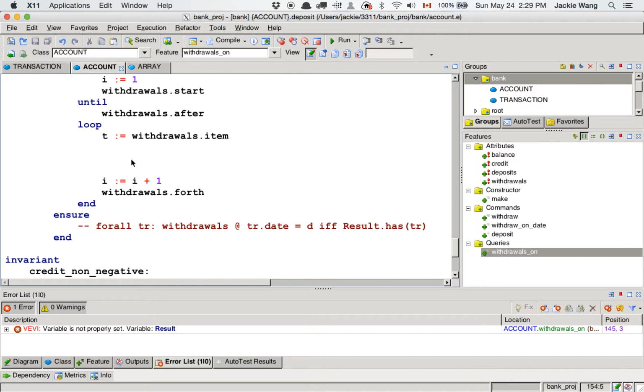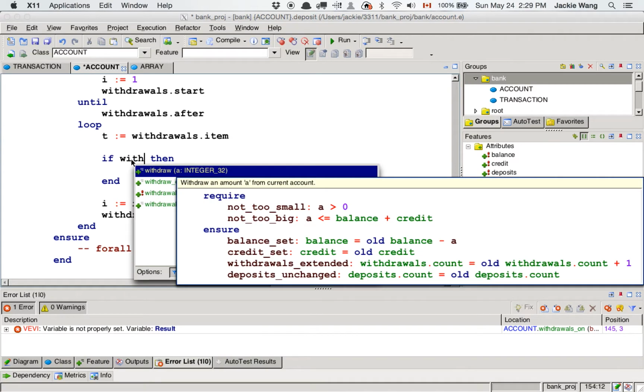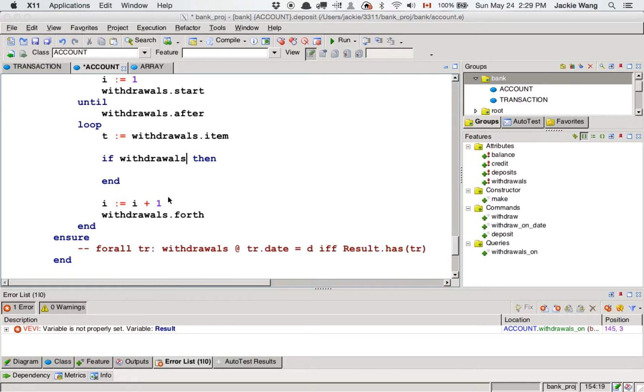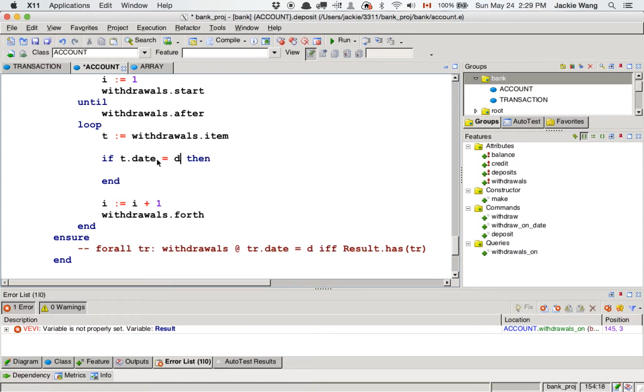We are going to say if the current transaction being looked at in the iteration has its date field equal to D, then the result array is going to be forced